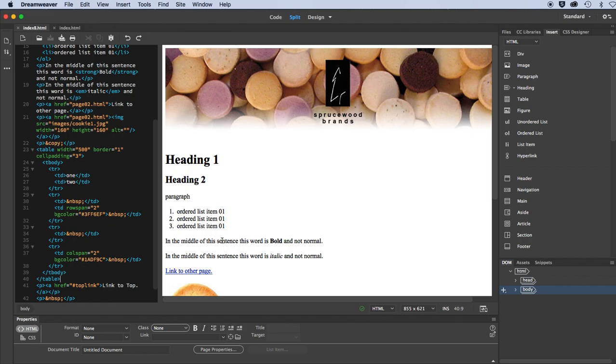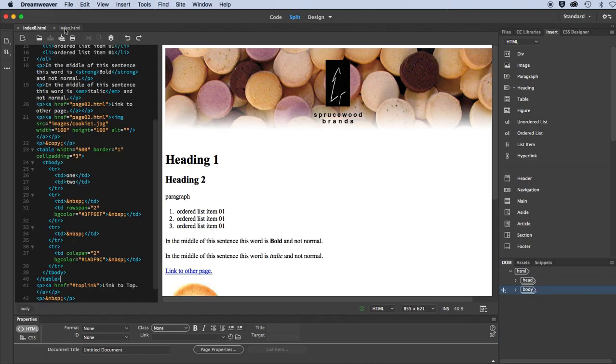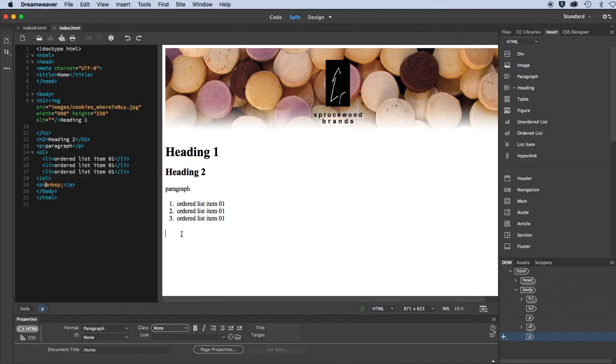Next thing we have is a sentence with a word that's been turned into bold in the middle. So let's just do that. So I'll just manually type in. Again, having hit my return key, it's already in a paragraph. Sorry, let me just see what that said again. In the middle of this sentence, this word is bold